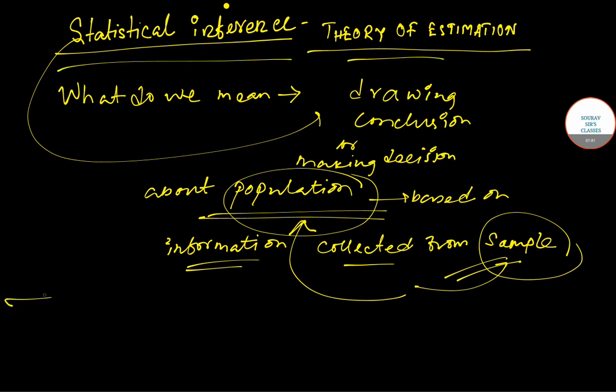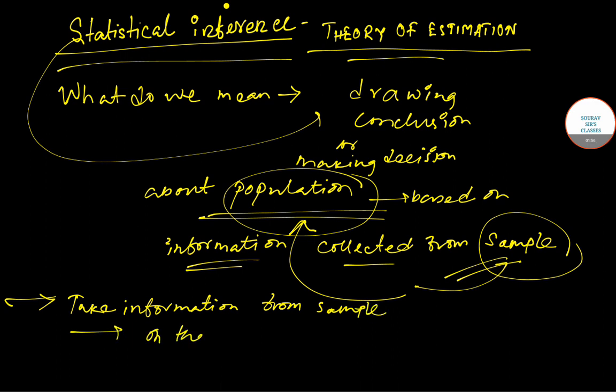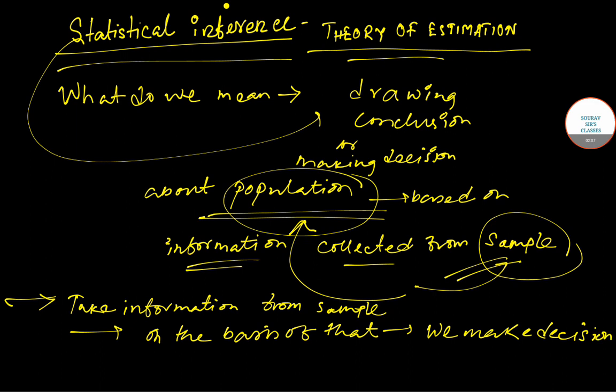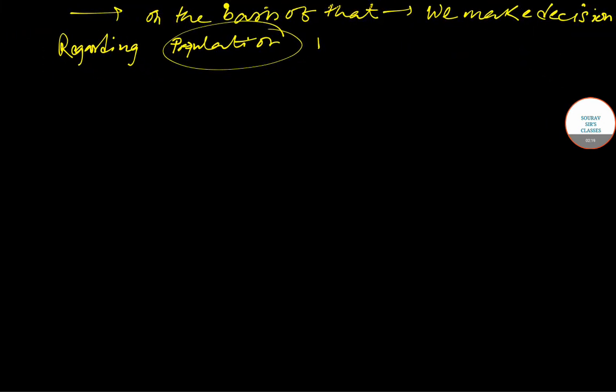So first what we do, we take information from sample, and then on the basis of that we make decision regarding population. So this is the very simple thing. Okay, so the statistical inference